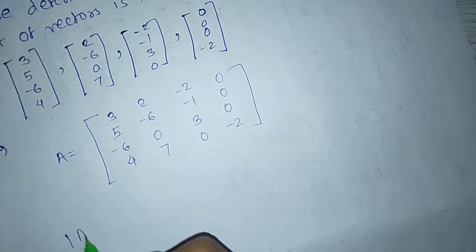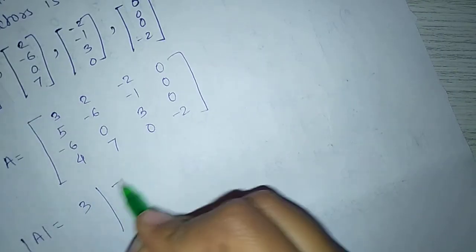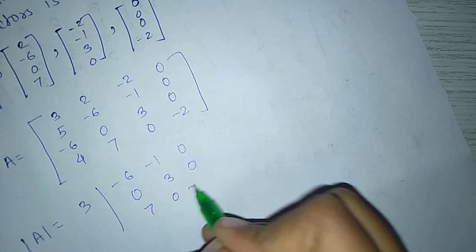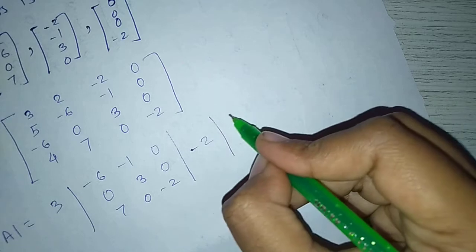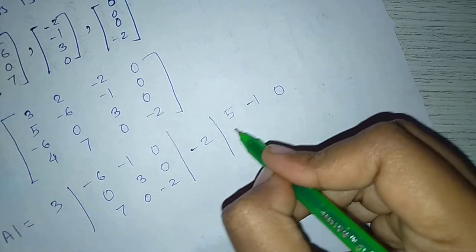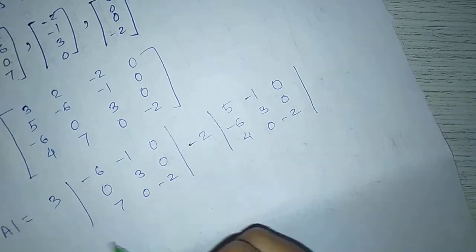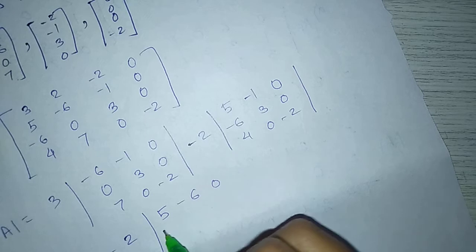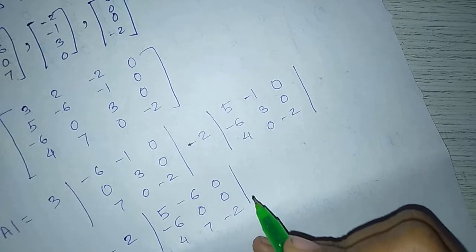Find determinant of A equal to 3 into minus 6 minus 1 0 0 3 0 7 0 minus 2, 5 minus 1 0 minus 6 3 0 4 0 minus 2 minus 2 5 minus 6 0 minus 6 0 0 4 7 minus 2